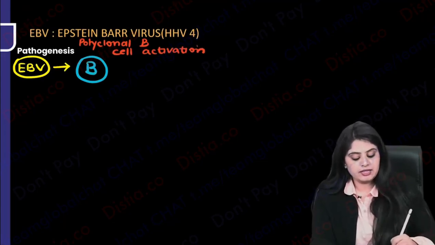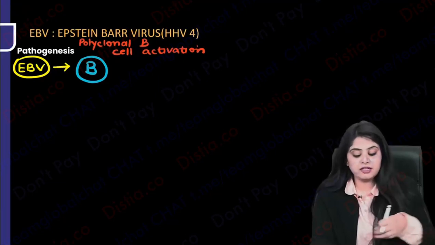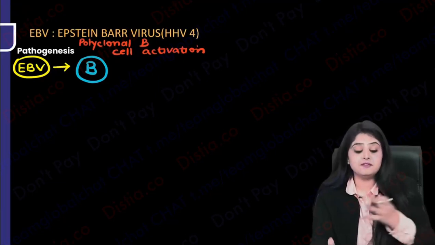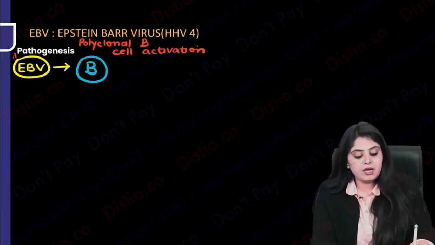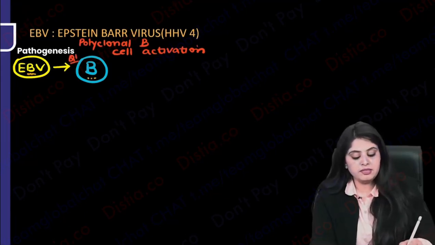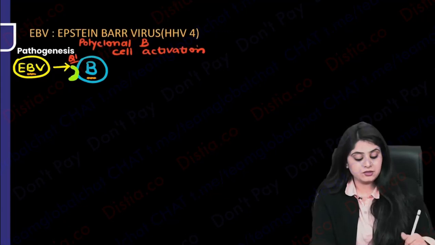And that is a question that has come. Every word on this entire slide is going to be golden, very important. Question number 1, Epstein-Barr virus is going to affect which cell of the body? So EBV is going to go in the B cell. Question number 2. How does it enter the B cell? That is a question that has come so many times. What is the receptor?